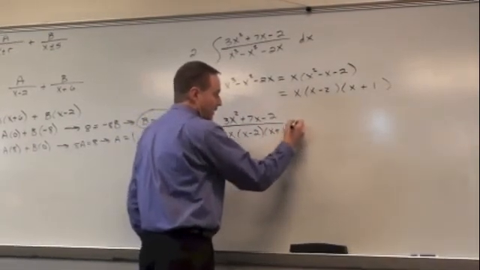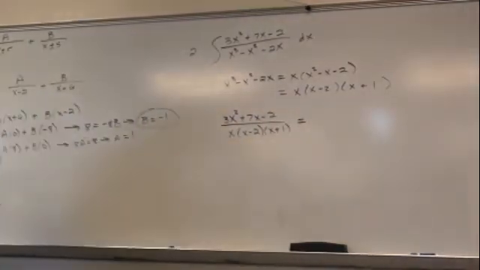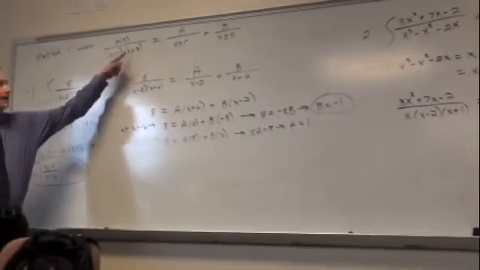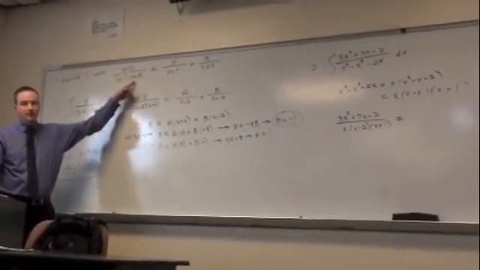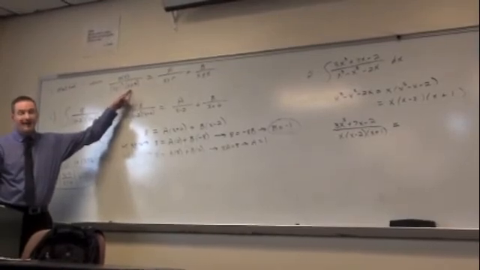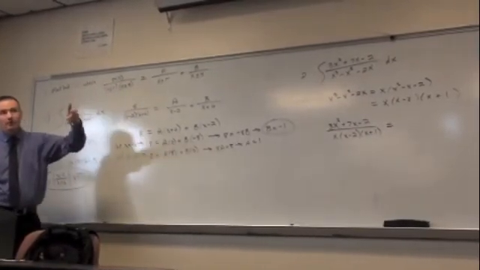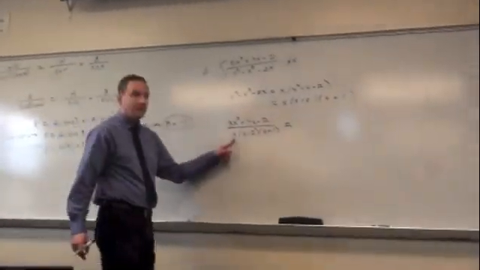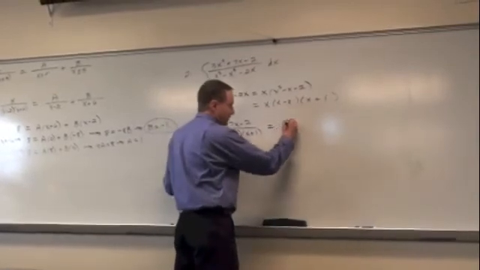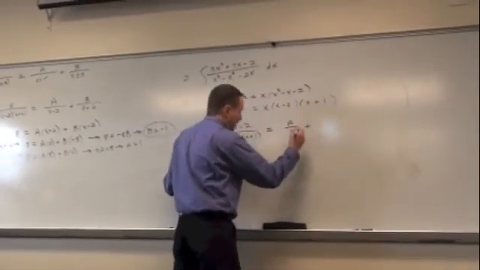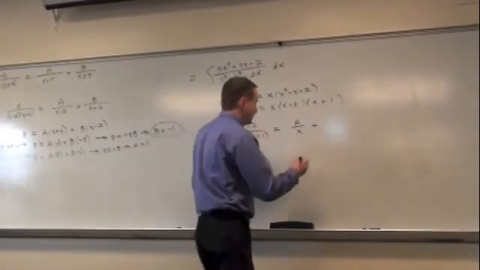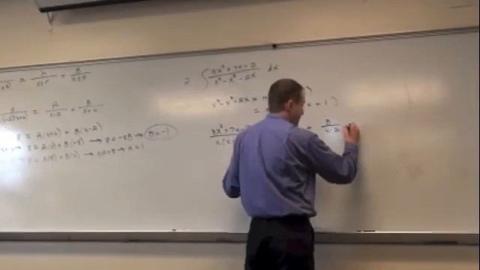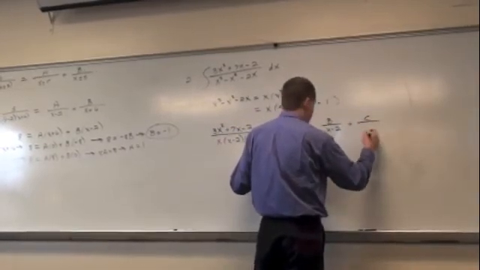and expand. And here's where we also need to expand our thought on this base formula. So I had 2 factors down there. Is there anything special about 2 factors? No. I could have 10 factors. And my numerators are just going to be A, B, C, D, E, F, G. Keeps on going. So in this case, this should be written as A over x plus B over x minus 2